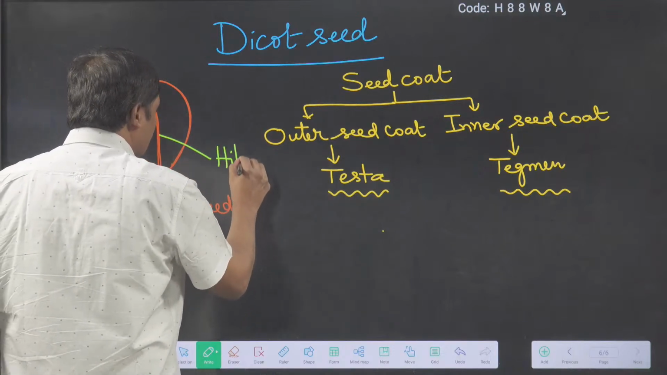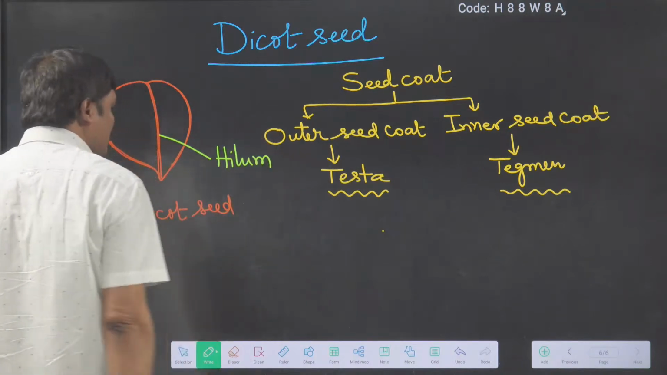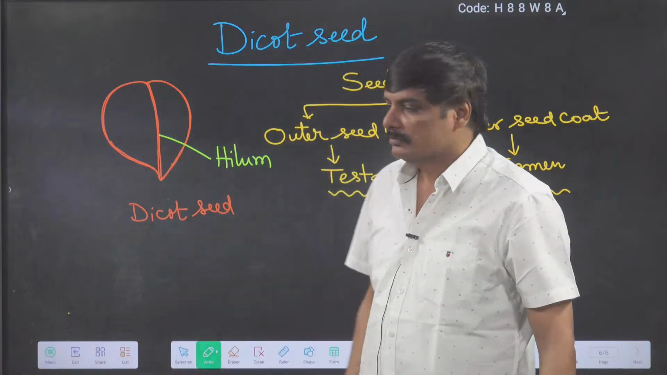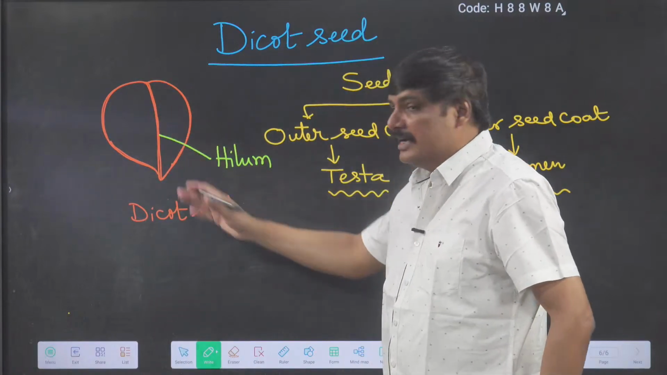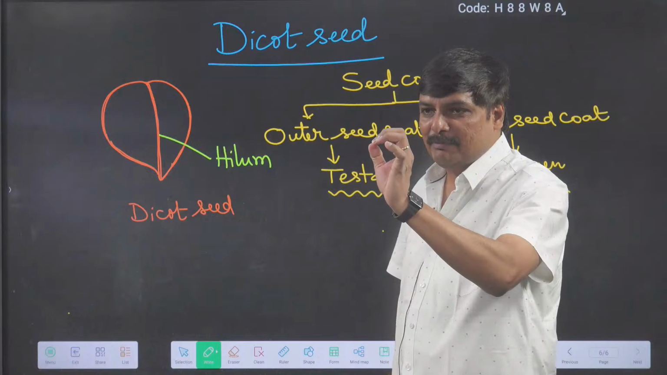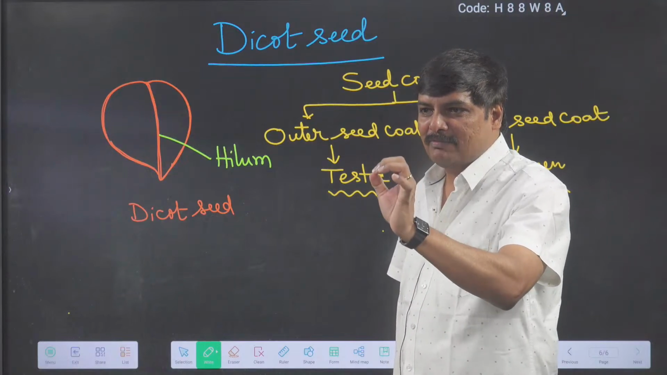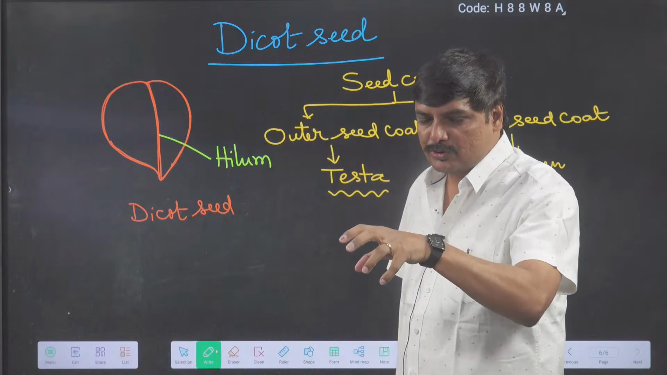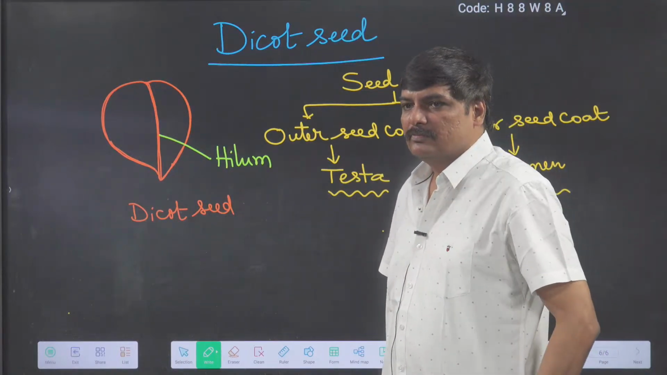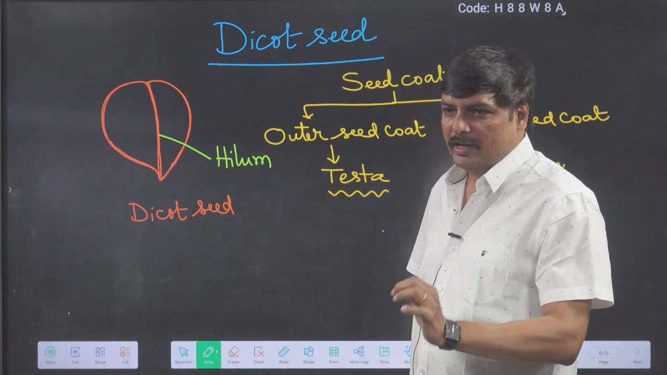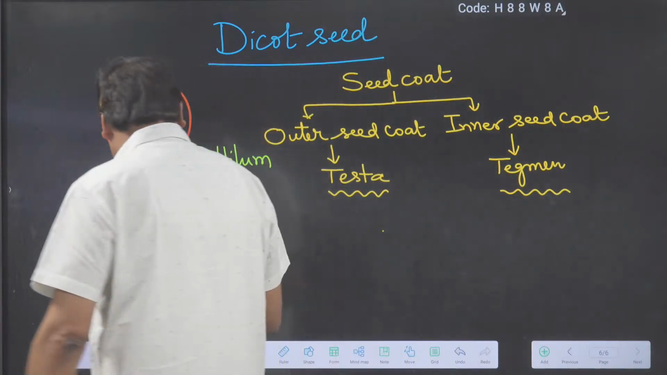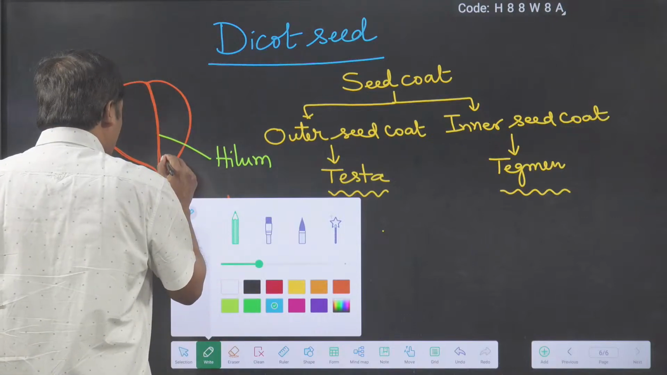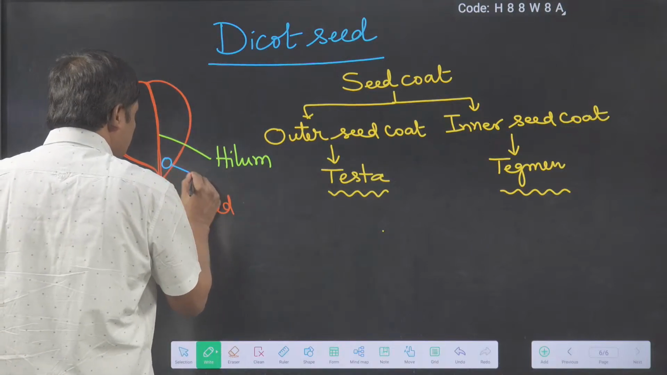Hilum, with the help of which the seed is attached to the fruit. There is a scar on the seed called hilum. What is a hilum? Hilum is nothing but a seed scar with the help of which it attaches to the fruit. On the seed, there is a pore like this. This is called